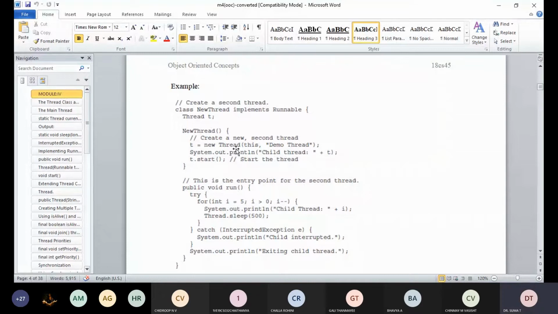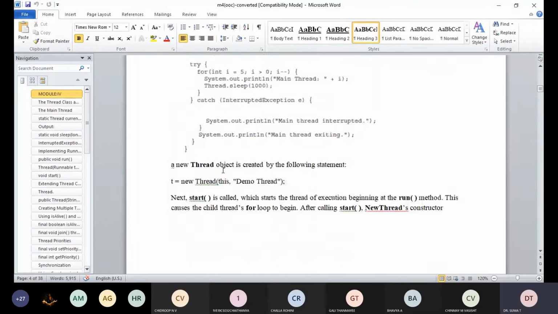After that, we display that this is a child class, because this is the second thread we are creating. That is why it is called the child class. Then t.start, the start method, starts execution from the beginning at the run method.